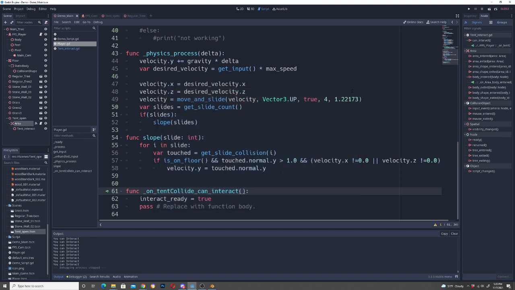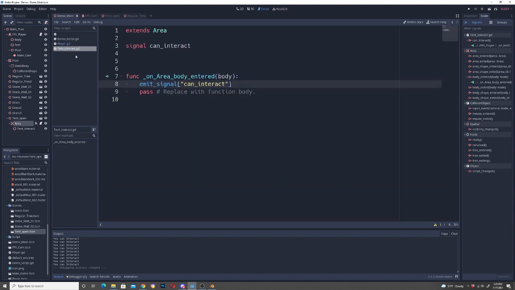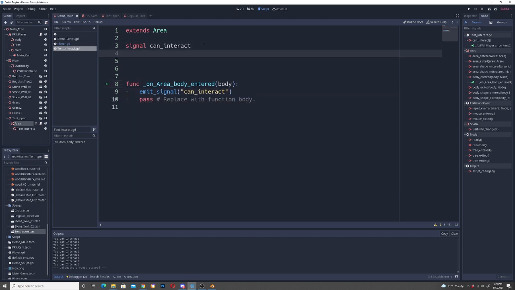So we want to create the opposite of this, right? Where we want to say intent interact when we exit that body, that then it emits a different signal that sets that intent interact to be false. So let's repeat that process again, kind of doing the inverse. So we'll make a new signal,